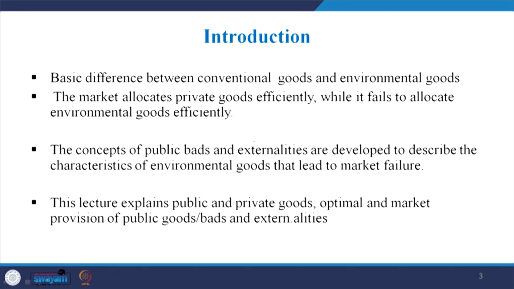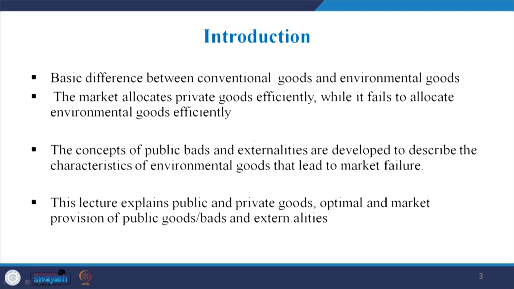Their prices are determined by the interaction of supply and demand. So, a market exists in the case of conventional goods, but in the case of environmental goods it is very difficult to determine